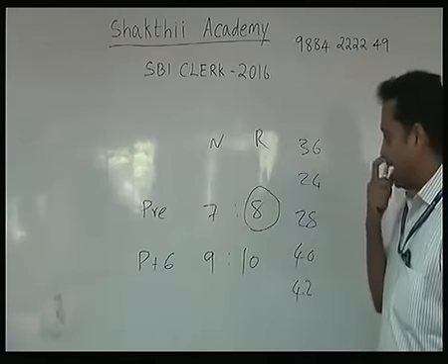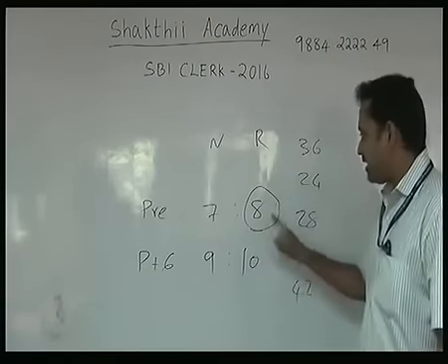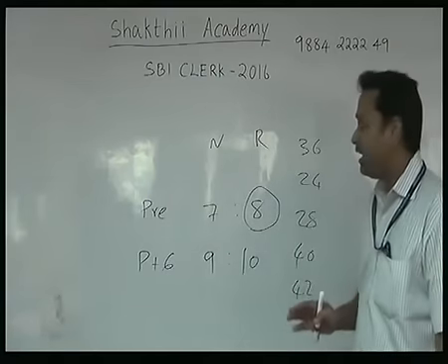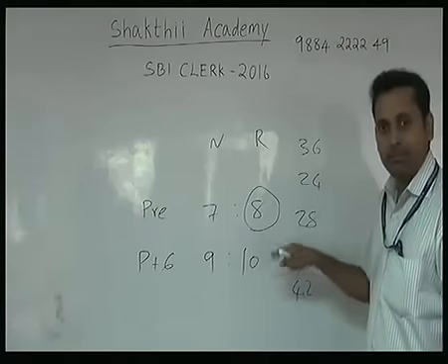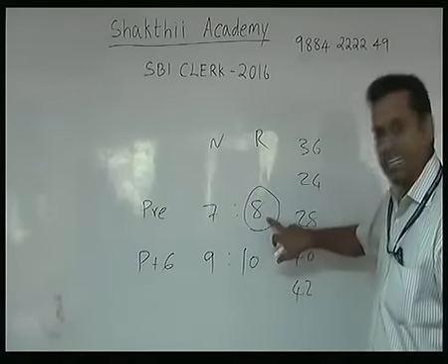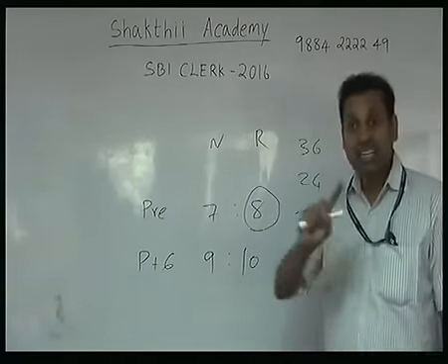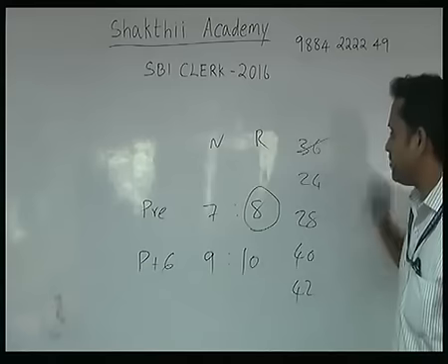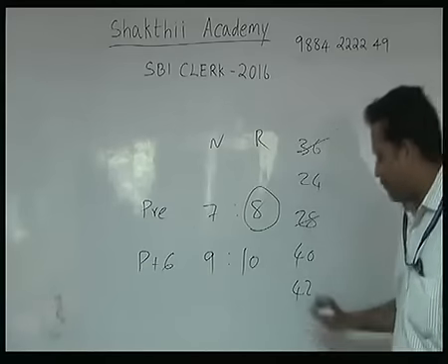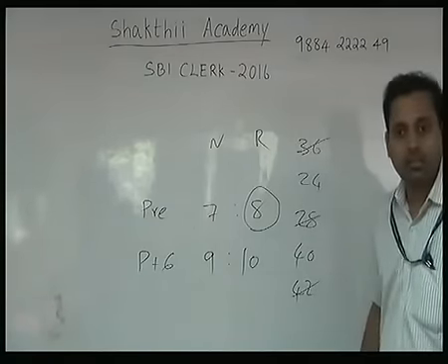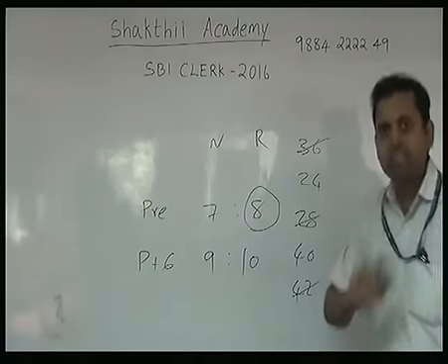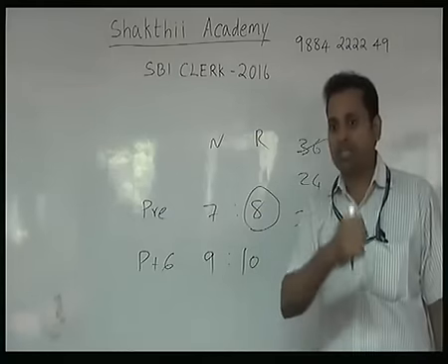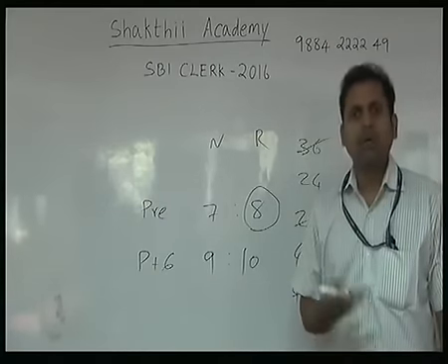Just listen. I know very well Reshma's age is the question. This is the original question asked in 2015, SBI associate clerk. Now you need to understand, here Reshma's age is 8 times something. So which numbers are divisible by 8? 36 is not divisible, 28 not divisible, 42 not divisible. Then 24 and 40 are the only numbers divisible. Correct or not? Sir, you may think, you have two options, how do you get the answer?